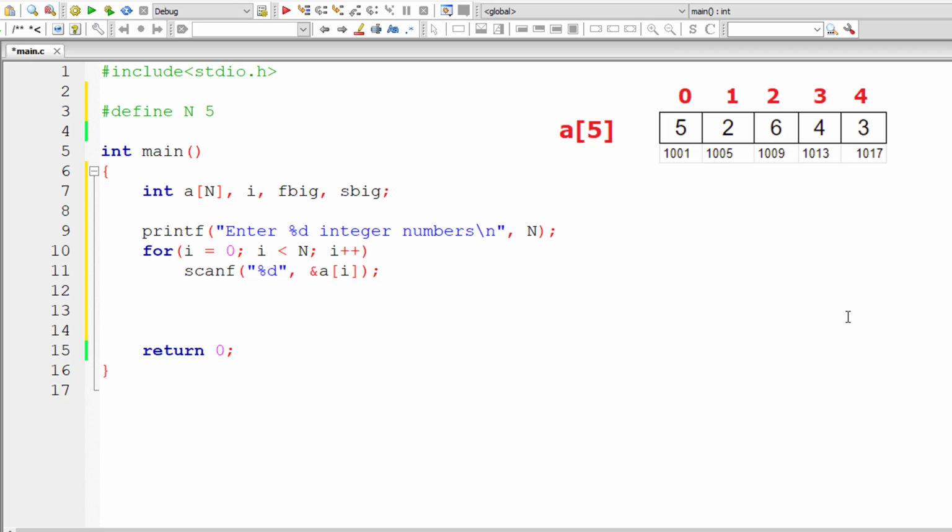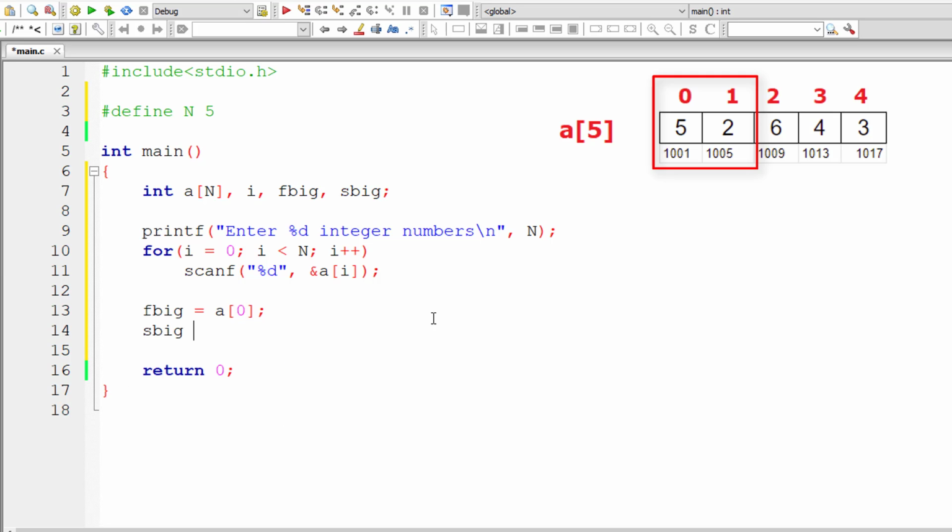Now observe here very carefully. We need to initialize F big and S big because we need to compare these two things with something, right? So we need to initialize it to some value. If we assign 0 to it, what if the user enters negative values? It will yield wrong results. So I'll assign the values present inside the array itself to these variables F big and S big, but make sure to assign the biggest number to F big and the second biggest number among A of 0 and A of 1 to second big. Okay,